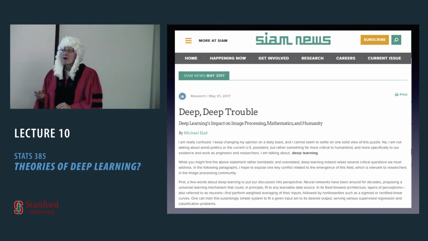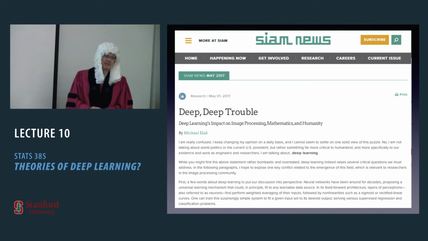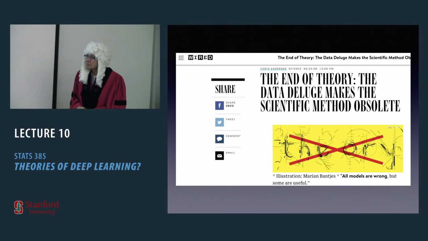And in example after example, Elad is able to show that there are these fantastic practical successes being achieved by deep learning, and there are a lot of grumpy theoretical practitioners who feel in some way threatened or unhappy with this state of affairs.